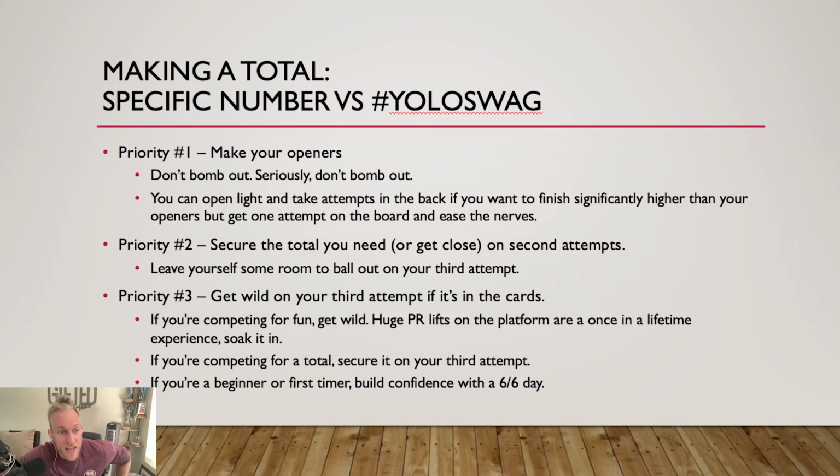the board. If you do open light, understand that you can take big jumps. You can take as big of jumps as you want. You can go from, my best snatch is 110 kilos, I'm going to open at 70 kilos. Cool. That's fine. Go for it. When you go to the back room, you can then go 75. Oh, that was easy. 80. Oh, that was easy. 85. That was easy. And you can just continue to bump your attempts and take jumps on the scorecard as long